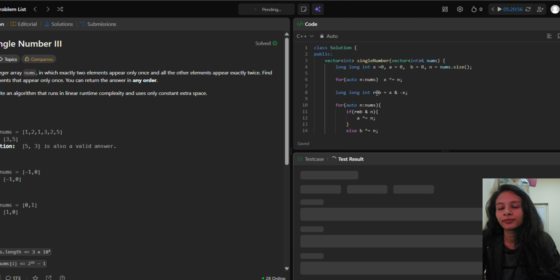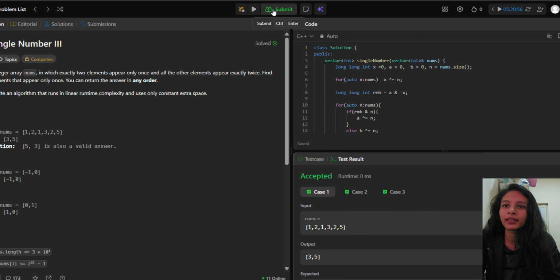So if you run this, it passes all the test cases, and if you submit,